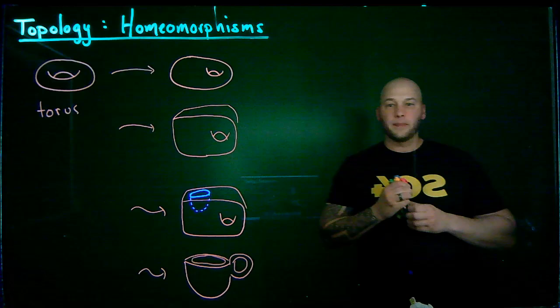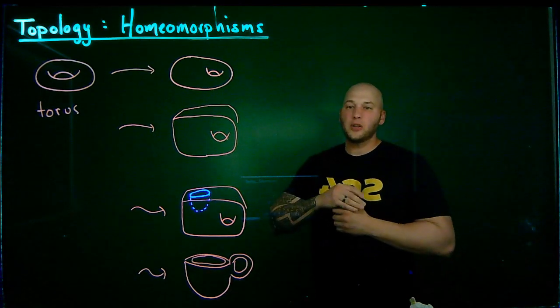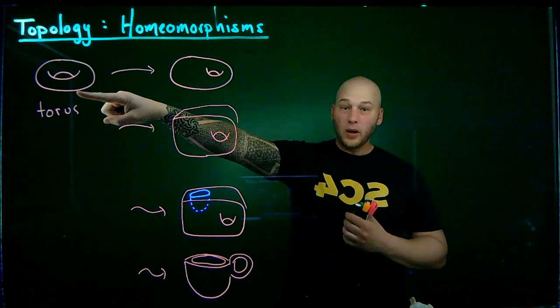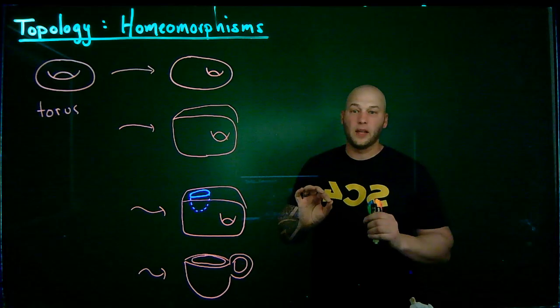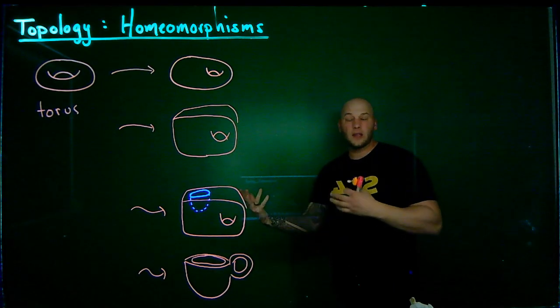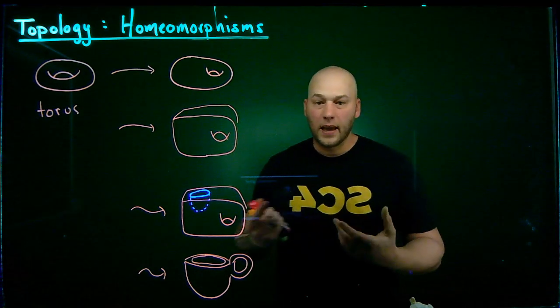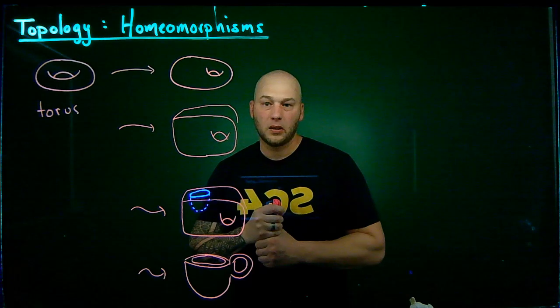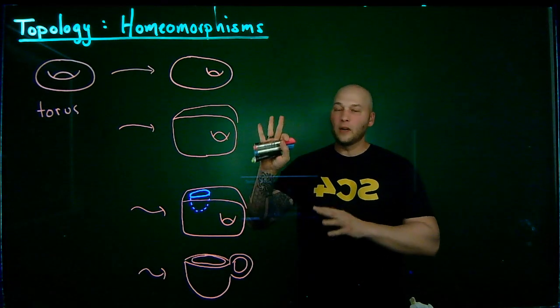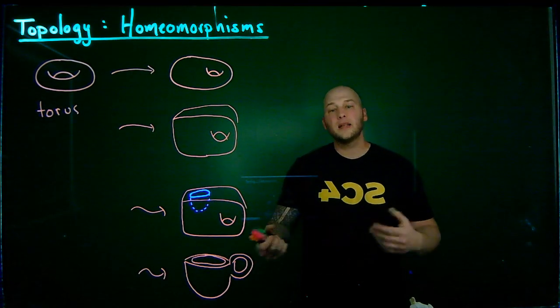A coffee mug. So what I can do is I can actually show topologically a donut and a coffee mug are equivalent. If I have a property of one of them, then the other one has the exact same properties. Okay, so now that I've got this sort of informal discussion out of the way, let's get into more of a